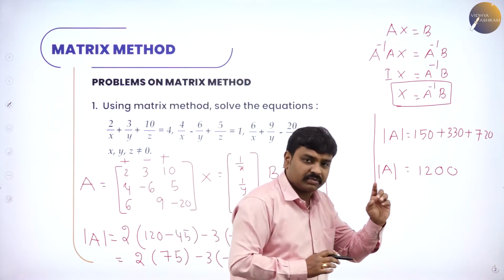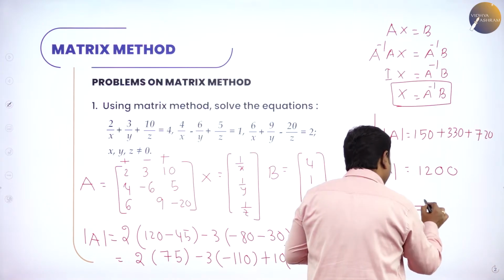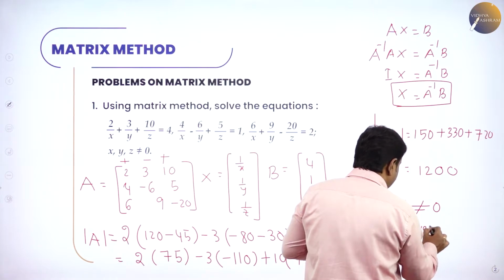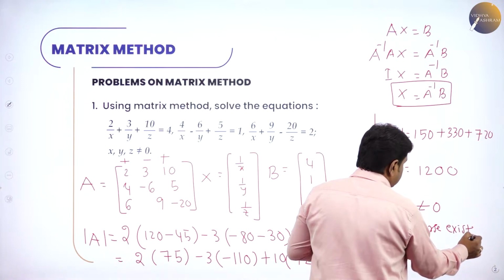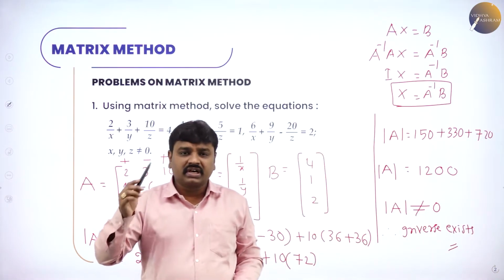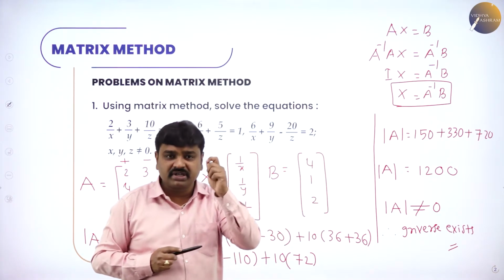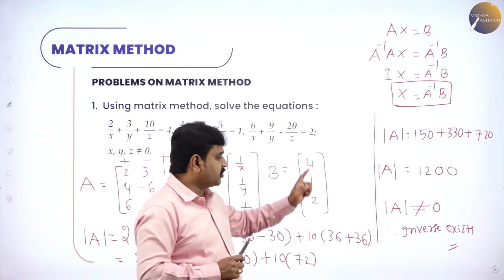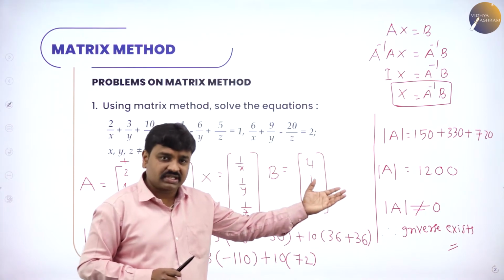So first you should get the determinant, we got it. And determinant A is not 0, so therefore inverse exists. So first we should say system is consistent and inverse exists. Now we need to go. So first thing is determinant. While correcting also, first they'll check whether your determinant is correct. If your determinant is wrong, you lose marks. The very first thing is your determinant should be the exact value. So 1200 you should get. In this case we got it.